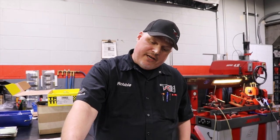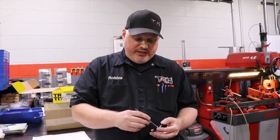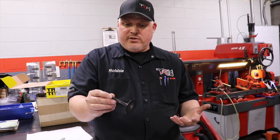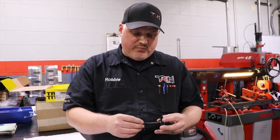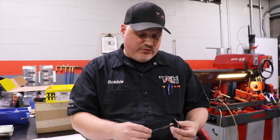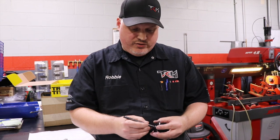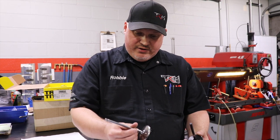So in a street application nowadays, being as I have an LS valve in my hand, let's just talk about an LS platform. Because there's different platforms out there, 2-valve, but let's just stay there. So this is fine for 400 or 500 horsepower, stoplight to stoplight. The heat is relatively low. I mean, you're not pushing that motor on the street like you would at the racetrack. So even though these are relatively light, and usually the camshafts for a street motor are not as aggressive as for a race car, the need for anything racy like this tie valve right here,